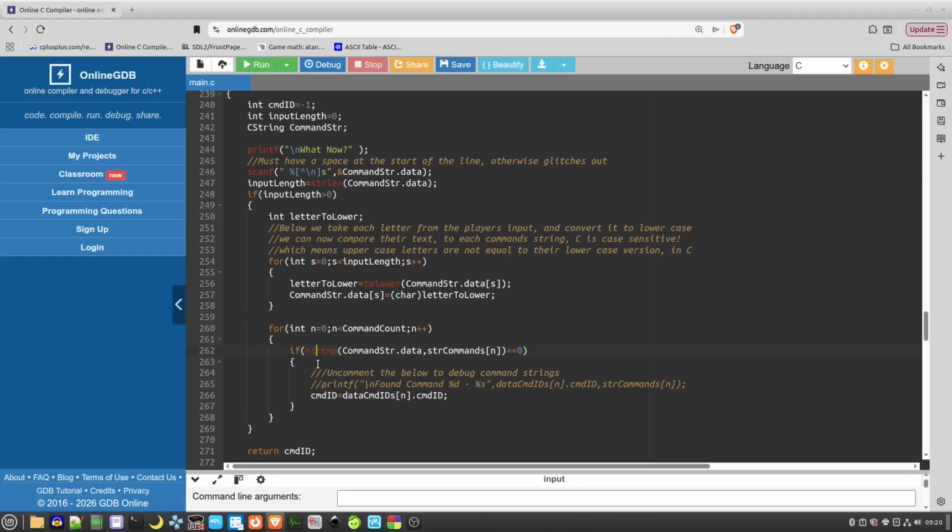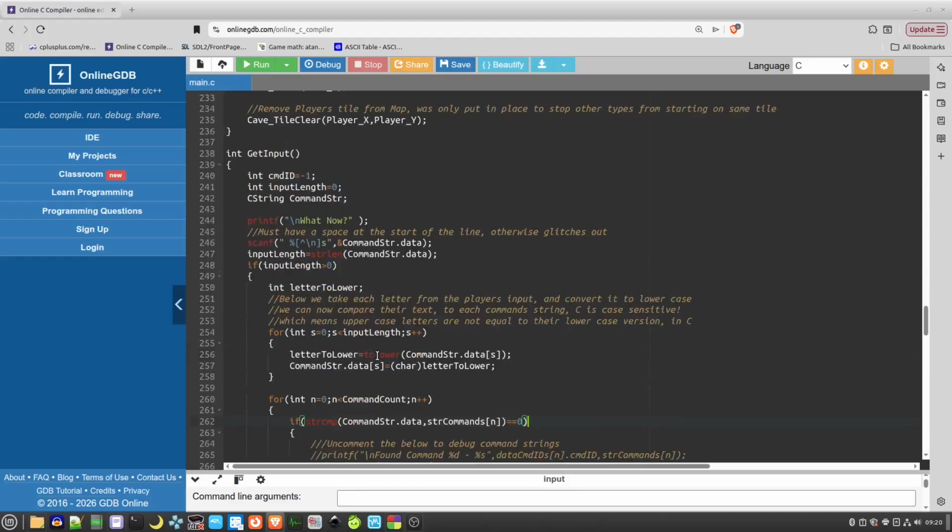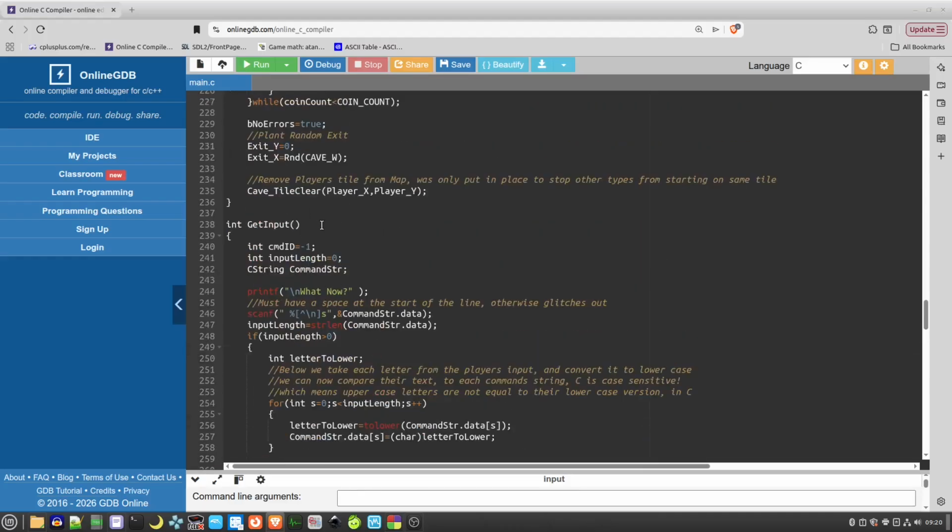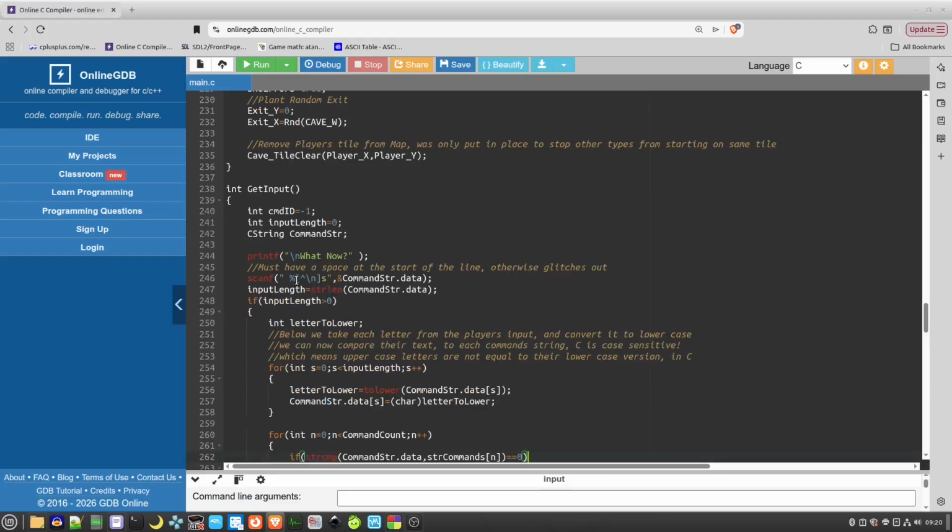This function here will compare two strings together. You pass them in here, and if the value equals 0, then it means they match. So what this is doing here is we are getting an input using scanf, storing it in our command string,